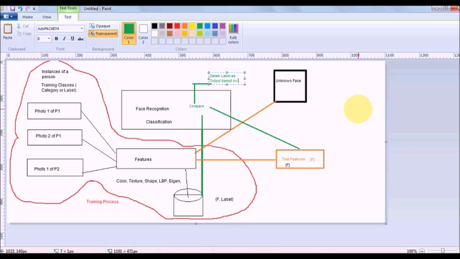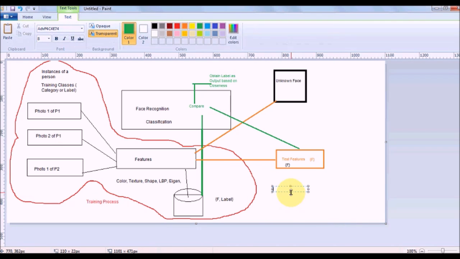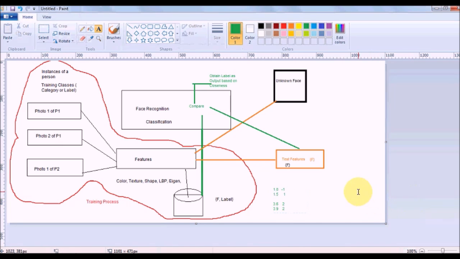Based on closeness. How do you define the closeness? Suppose I had only one feature, some number. Suppose my table was like this: the feature was 1.0, class was 1. Next feature was 1.5, belonging to class 1, because I am giving multiple instances. Suppose my feature was 3.6, class was 2. Suppose my feature was 3.9, class was 2, and suppose my test feature is something like